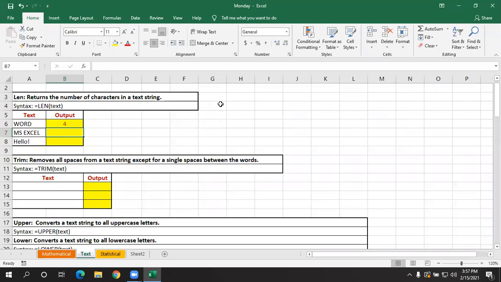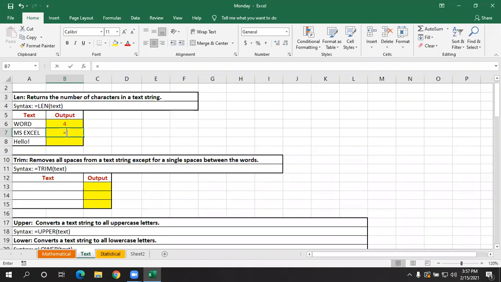You can count and tell, right? 8. Are you sure it is 8? Why 8? MSEXCEL is totally 7, right? 8 is the correct answer, because even a space is considered as one character.